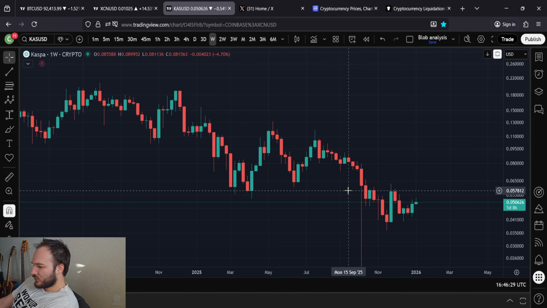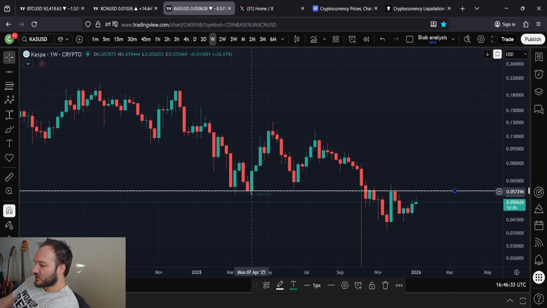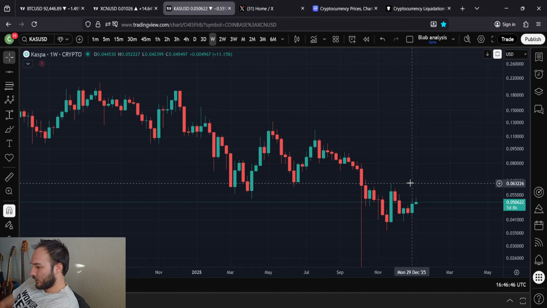Let me just make sure. Let's raise the bar a little bit, because by way of the fibs, 5.6 cents is fine, but let's raise the bar here. Let's say 5.8 cents. You're getting above this daily high close and this daily low close here. So get above 5.8 cents. That'll be more validating, I think. And you're really not that far away from it.